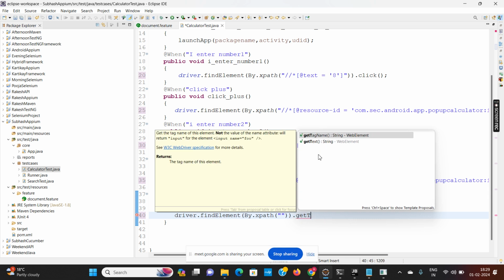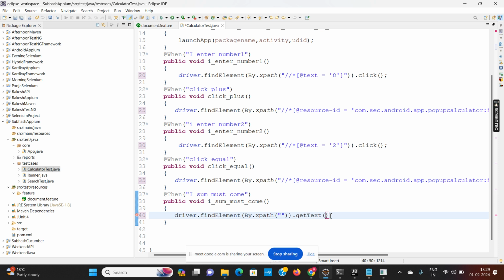Get text. At the rate bounds is equals to the bounds, and it will get the result which you can check and print.